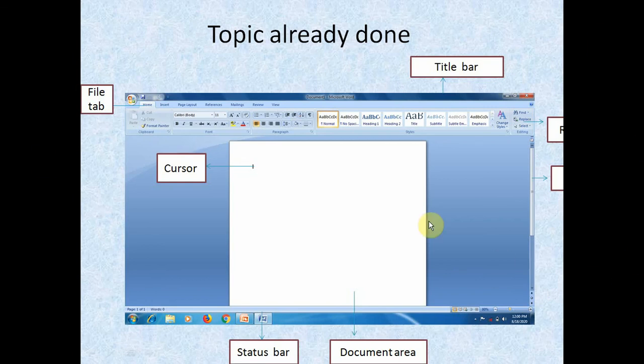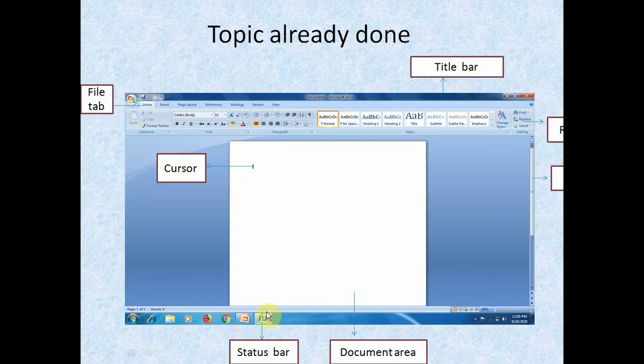You will go down and see the hidden part of the document. Now the next one is the document area. The white page you have seen here is called the document area, where you keep your objects, which may be text, pictures, tables, etc.